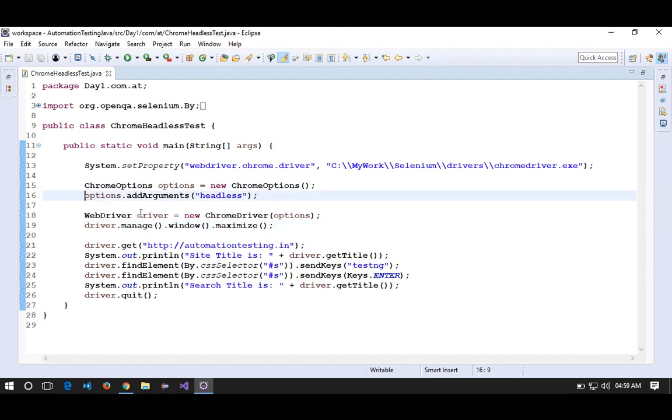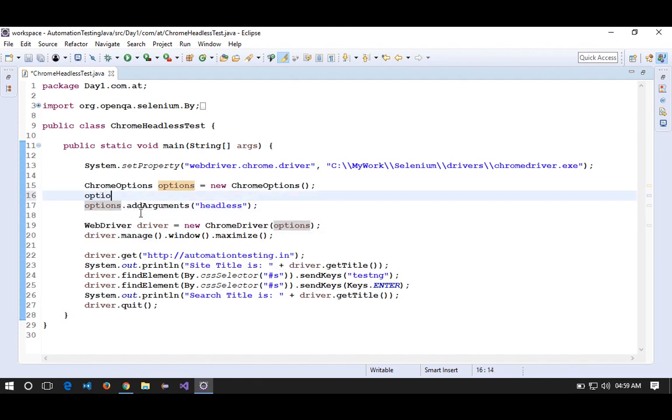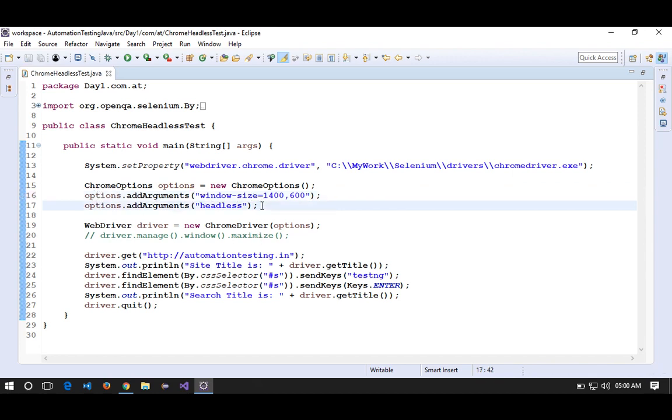For that, you have to mention the window size in headless mode. If it is driver.manage.window.maximize, it will not work in headless mode. I can remove that, and here you have to use one more argument, window-size equal to 1400,600. I'm using a normal window size. I have to add it with options.addArguments. The reason is that by default headless opens in mobile view. Now if you give a try,